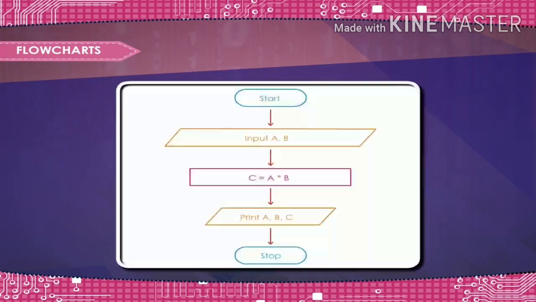Let us draw a flowchart to find the product of two numbers and print the numbers along with their product. The flowchart shown here illustrates the steps in a straight line program logic. This involves no repetition or option. However, in practice, the repetition of certain steps and bypassing of a part of a program are common. This happens when the outcomes of particular steps in the program decide the further sequence of steps.